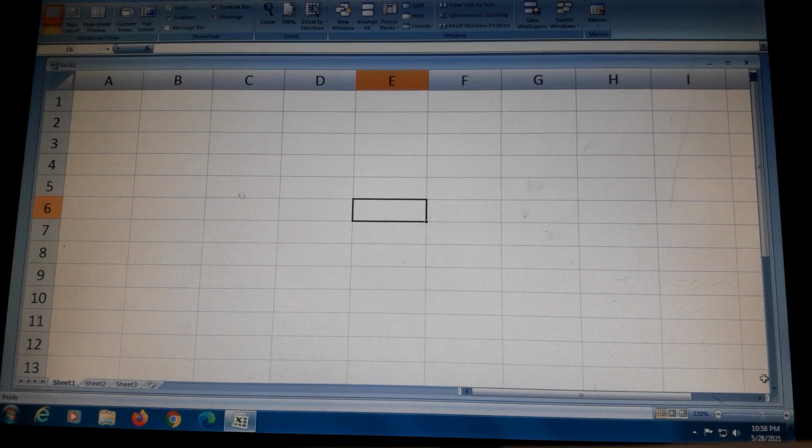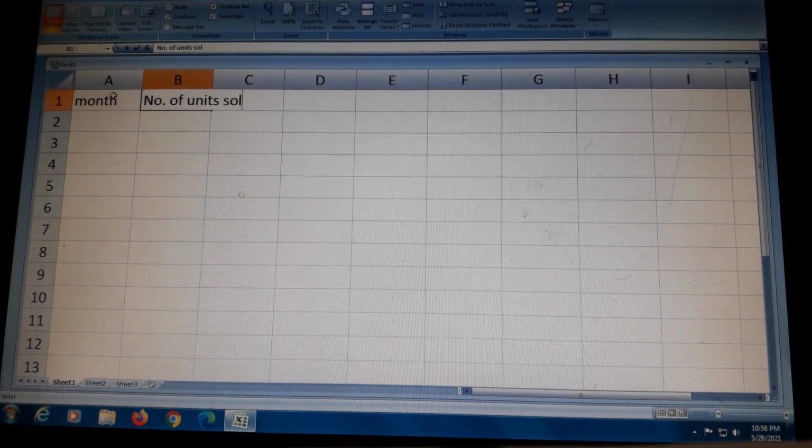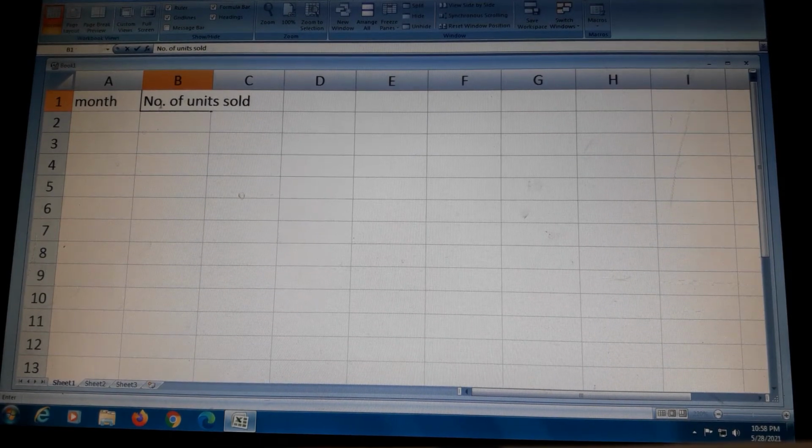Here is a compound formula, and how we can add two numbers. Suppose we enter data here, and we can simply calculate. First of all we enter data. Units sold. This is your columns A, B, C and these are your rows.